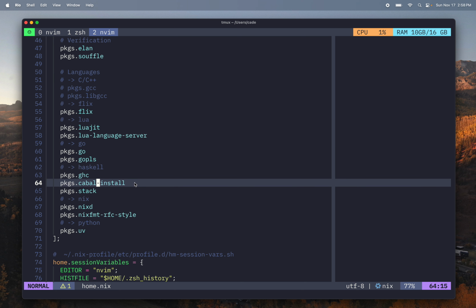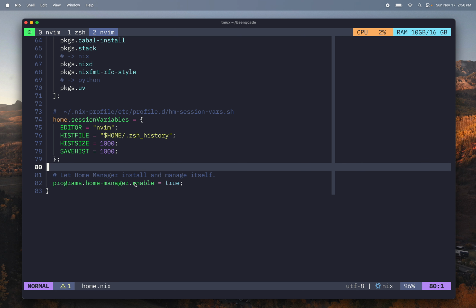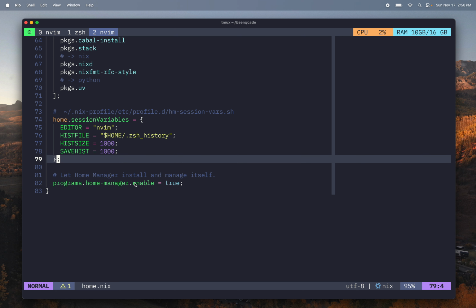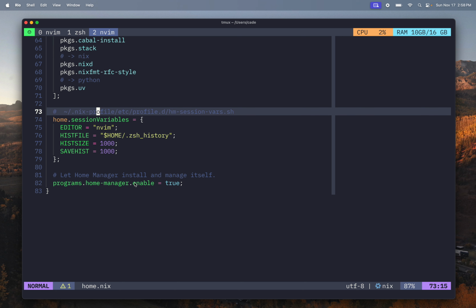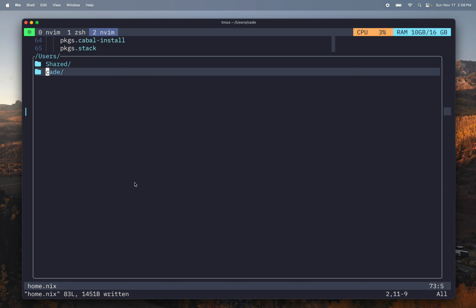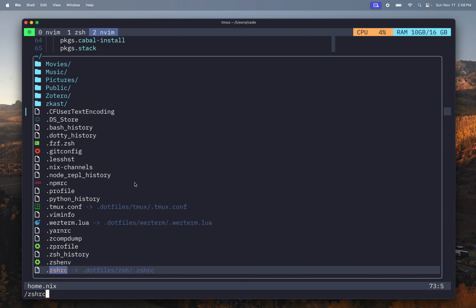Just continuing on, very basic. I set some simple variables here just because I found that Home Manager on my macOS overwrote some of my ZSH history. I did not find this on Linux when I installed it on PopOS, and I'll go over that config quickly as well. But one thing you're going to want to do is you're going to want to source this file. So if I go all the way back here into my ZSHRC,